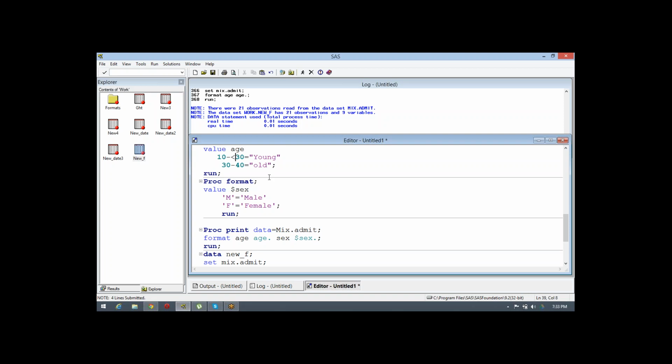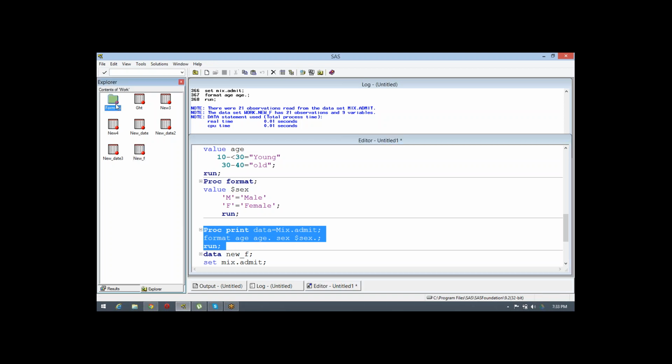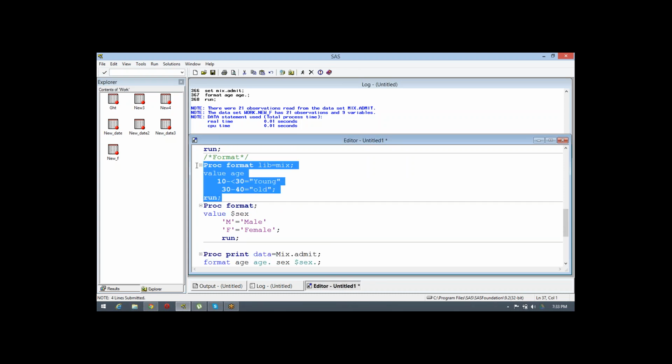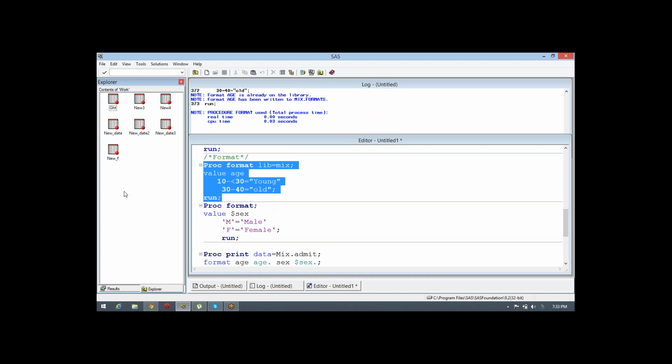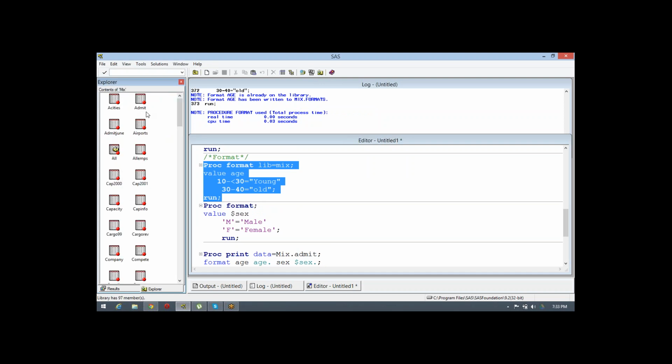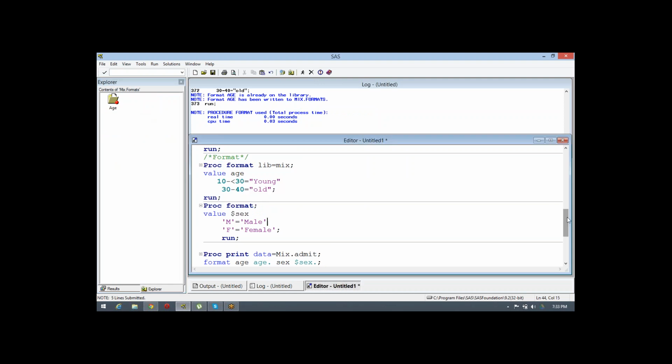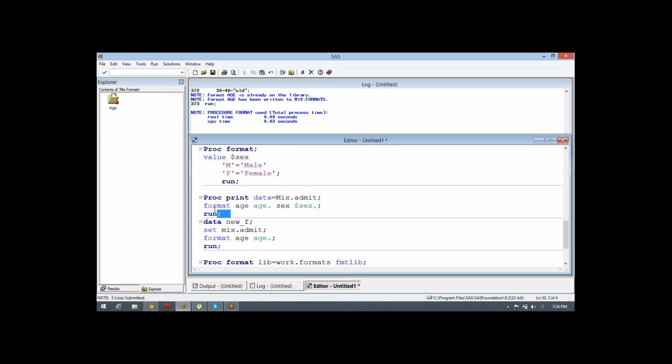Now there are options whenever we apply a format. Whenever you apply a format, it always searches from work. Let's suppose I have deleted this work file, so we don't have the format saved in work. We have the format in a particular library called mix. So mix has age. Now if I execute this particular program,